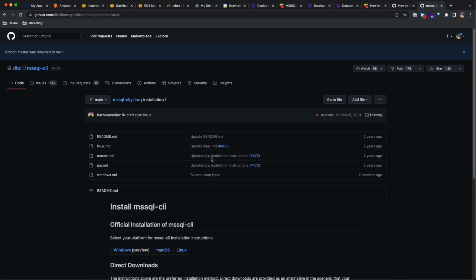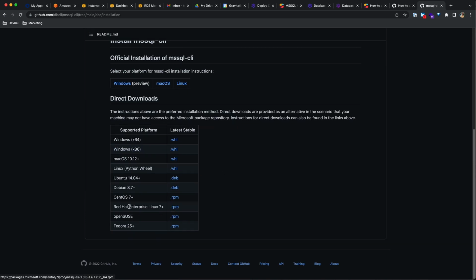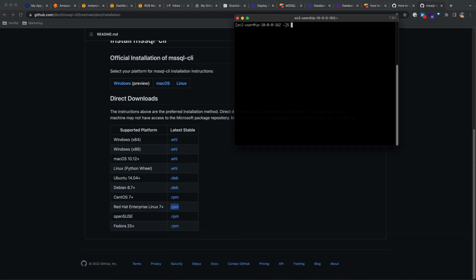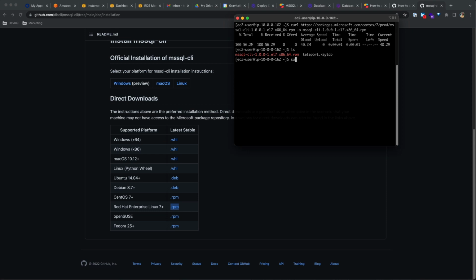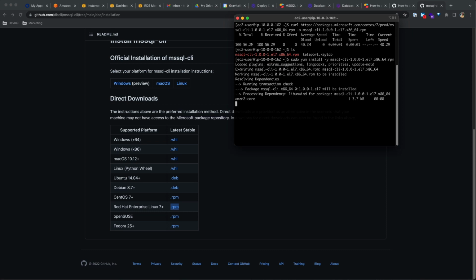And what I'm going to do, I'm on the Amazon Linux 2 server, so I'm just going to choose one of these RPMs, like the Red Hat Enterprise RPM, right click, do copy link address, and I'm just going to run curl, paste that link, -o, and I'm going to save it as this file name here. So output to this file. Then I could just do a sudo yum install -y and then the file name, and that will install the